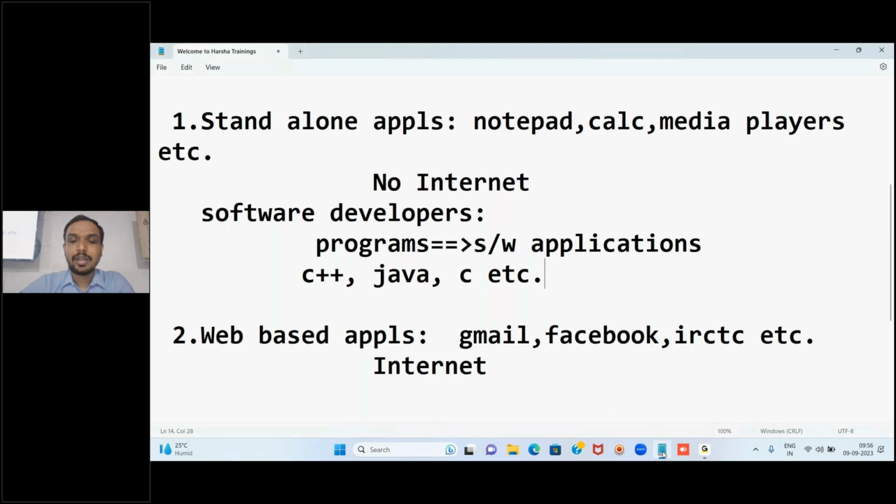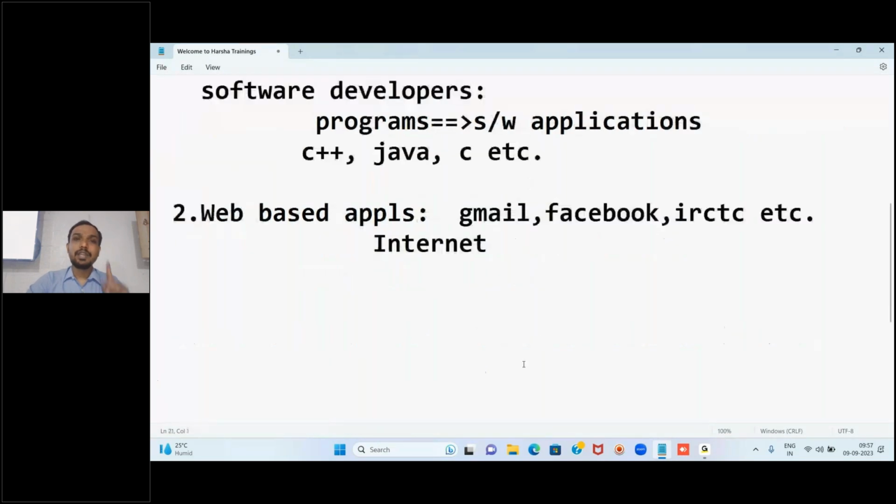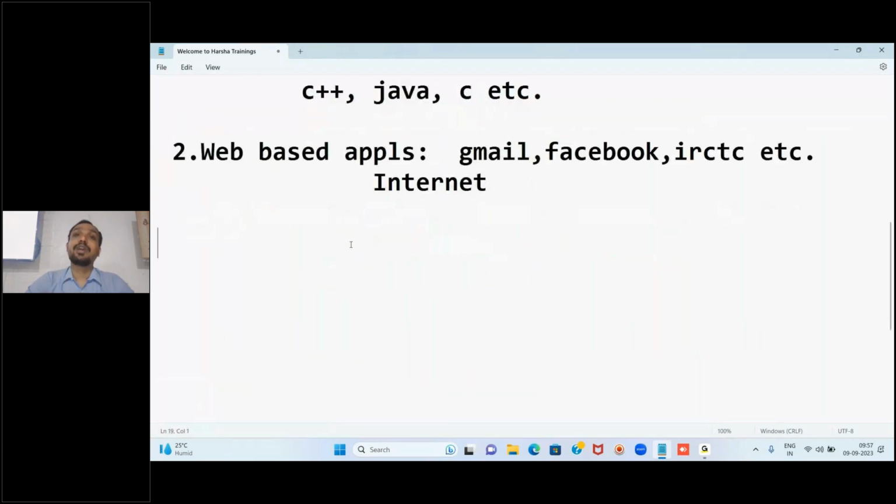The thing is, I think you got the idea, like if someone has developed this software, if we have one computer, in that computer we can install it and we can run it, we can work with that. But if we want to work with the second category of applications, at a time we require two systems to work with. At a time, two systems must be in connection with each other. What are those two systems? The system which we are using, and also the actual system where that main data is stored.